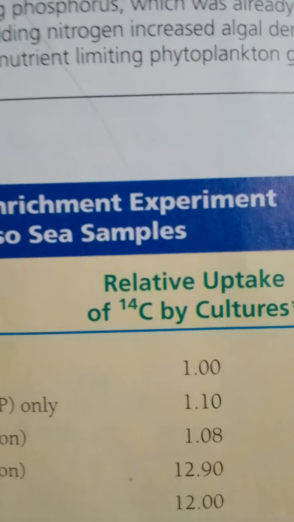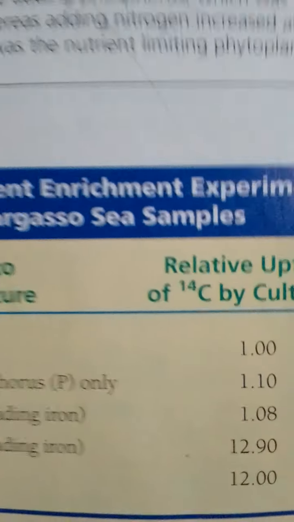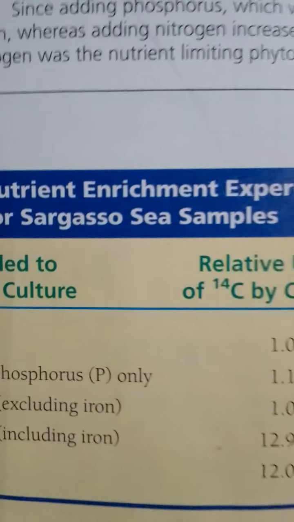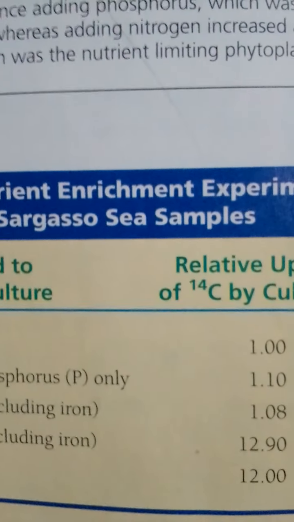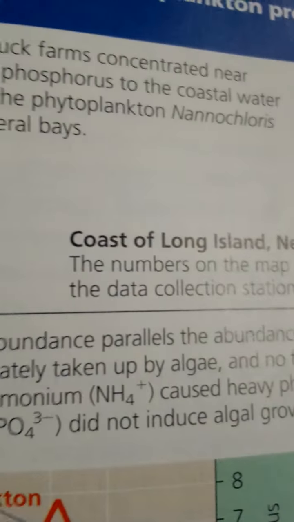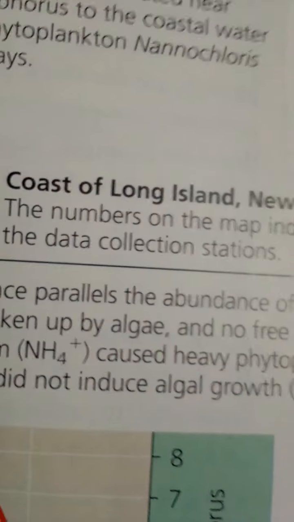Such evidence that iron limits production in some oceanic ecosystems encouraged marine ecologists to mount several large-scale field experiments in the Pacific Ocean during the last 2 decades. For example, in one study, researchers added low concentrations of dissolved iron over 72 square kilometers of ocean and then measured the change in phytoplankton density over a 7 day period. A massive phytoplankton bloom occurred, as indicated by a 27-fold increase in chlorophyll concentration in water samples from the test